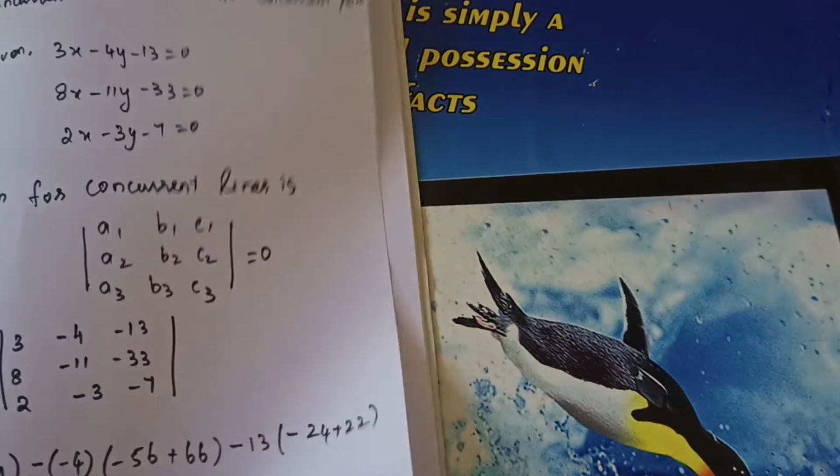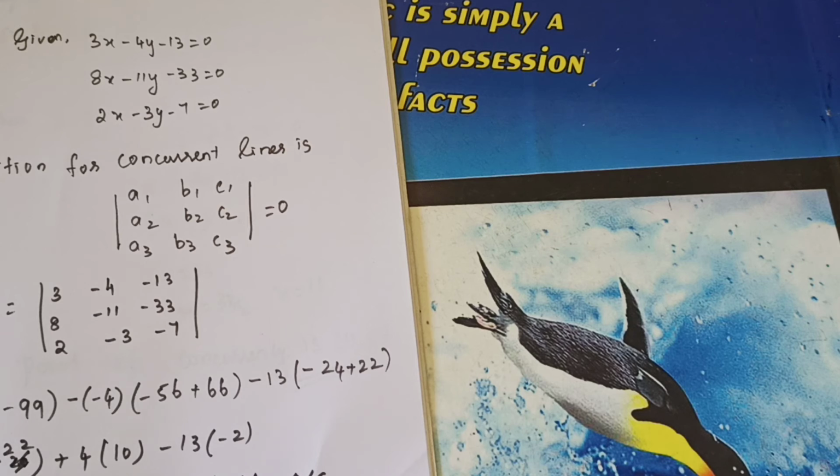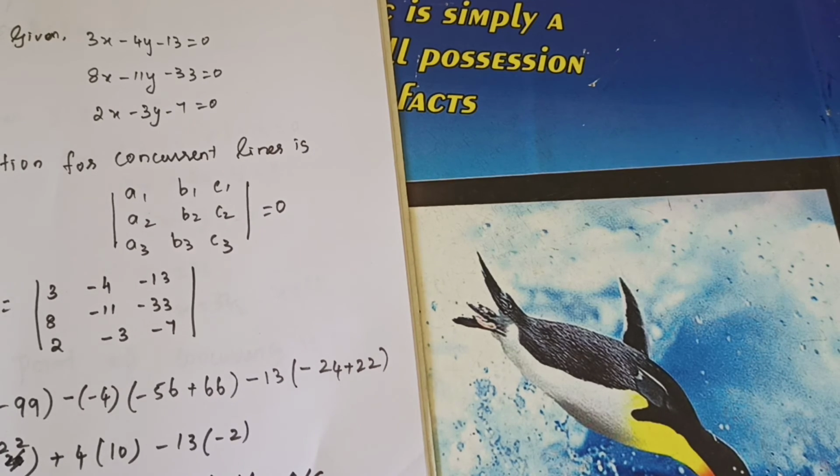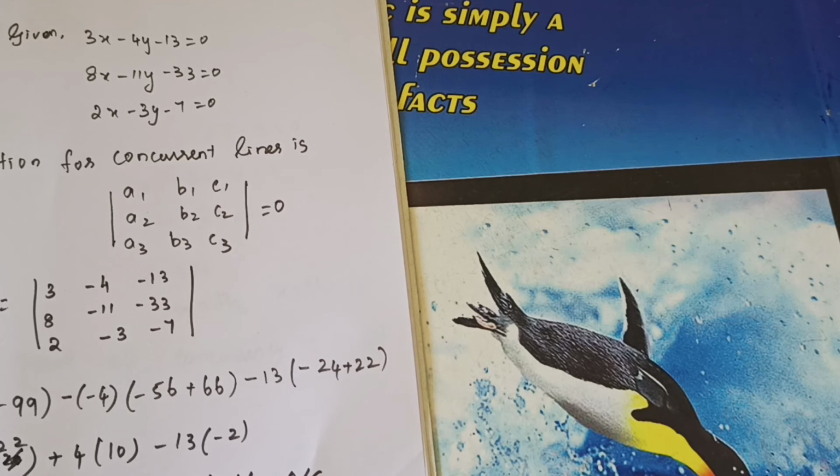Understand? When you are seeing it, you will think it's a big problem. No. Okay, determinant value 0 means we will say the given lines are concurrent. Okay, if they ask to find the concurrent point, take any two equations and solve them and find out the x, y value. That's the point of concurrency. Understand? Okay, so this much is enough for today. So we have completed up to example 3.7.